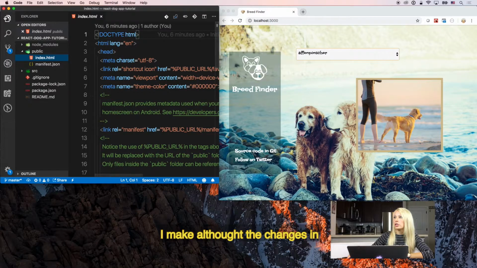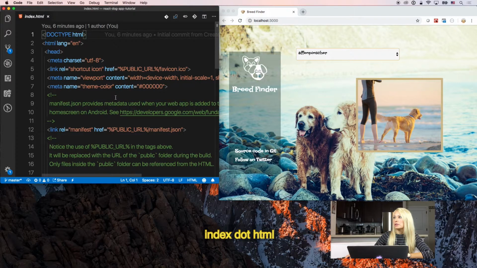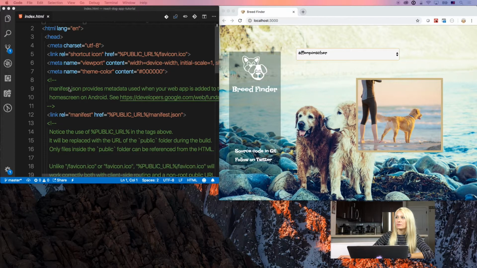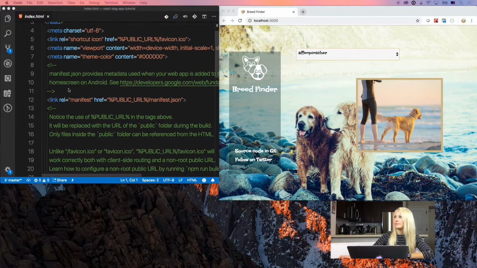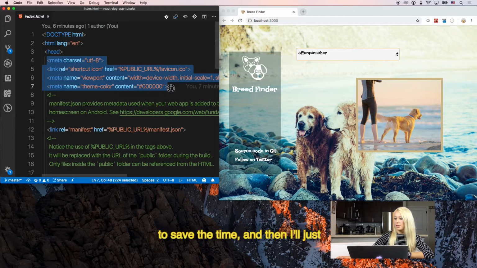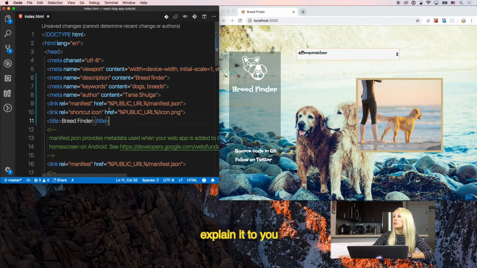I do make changes in index.html. I will copy and paste some metadata here to save time, and I will just explain it to you.